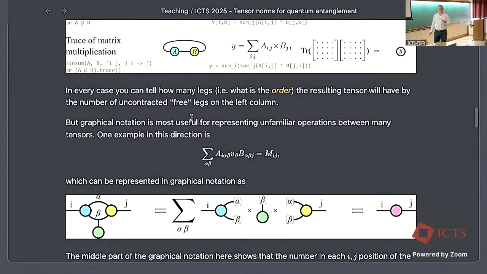In any case, what we can already say without looking into too much detail is that the answer of this diagram here represents a matrix, because I have two legs sticking out. And the diagram tells me what are the coordinates of this matrix. So the coordinate ij of this matrix is the sum over all these contracted edges. So I have alpha and beta because I only have two contracted edges. And so it's really the blue tensor coordinate i alpha beta, the green tensor coordinate beta, and the yellow tensor coordinate j alpha beta. And the result is a matrix.